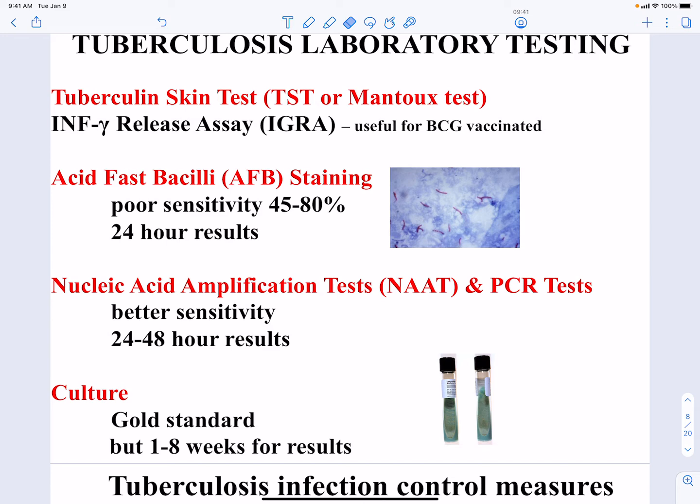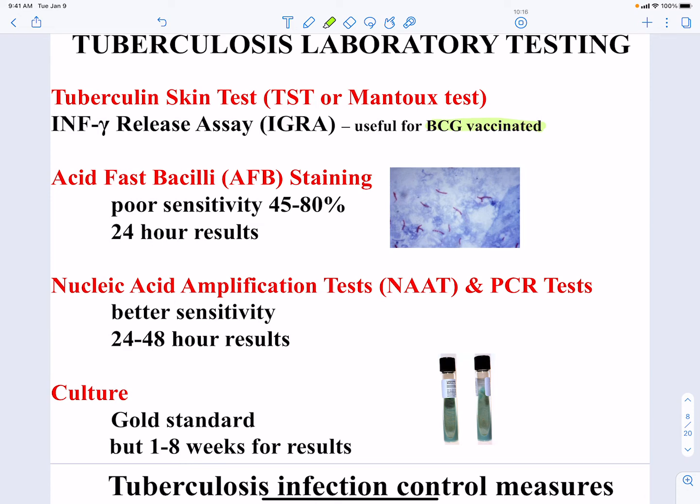There's also an interferon gamma release assay, and this is useful for BCG vaccinated individuals because BCG is the vaccine for tuberculosis that's used in many countries around the world, not in the United States. And BCG vaccinated will always be TB skin test positive. So the interferon gamma release assay is very important because it will help to identify if a vaccinated person is actively responding to the vaccine or to the tuberculosis, and so it's looking for